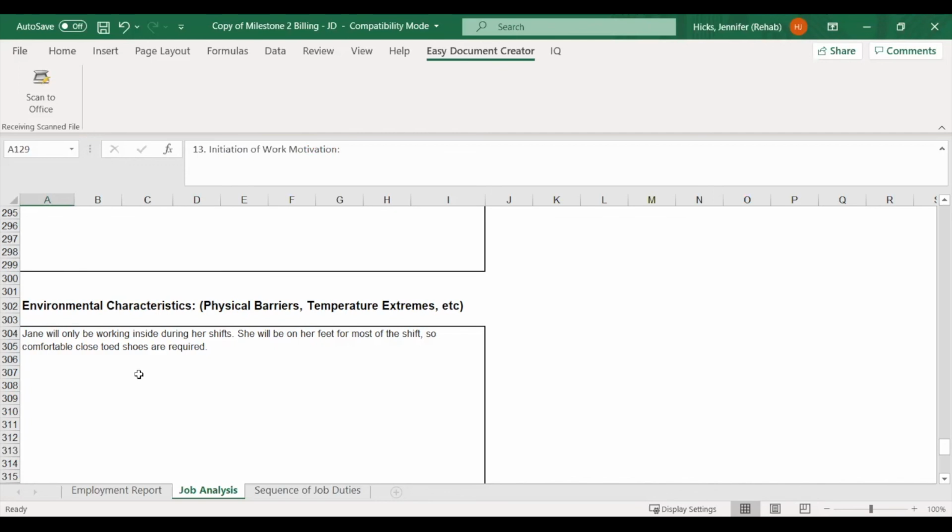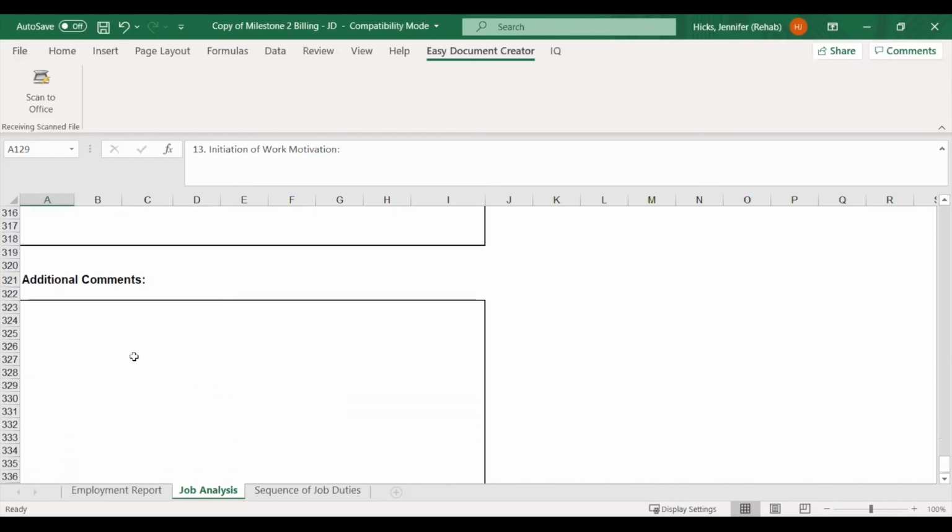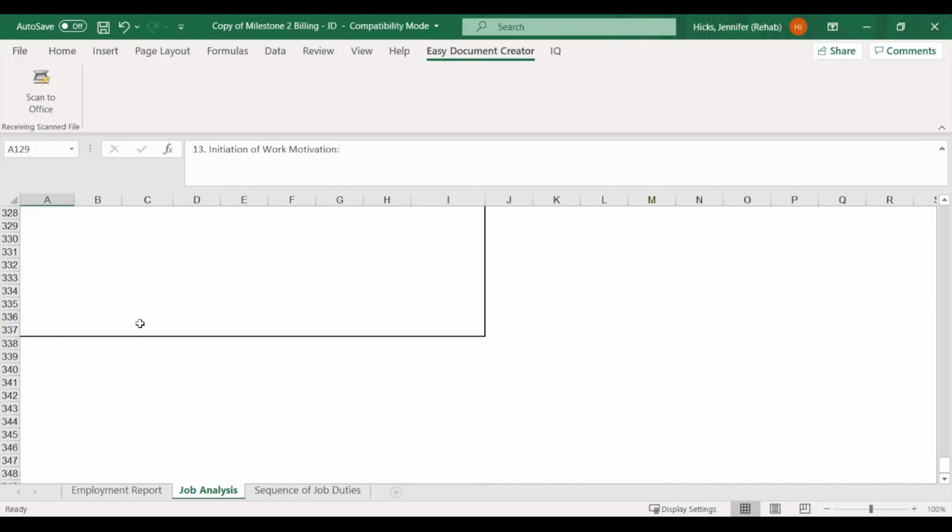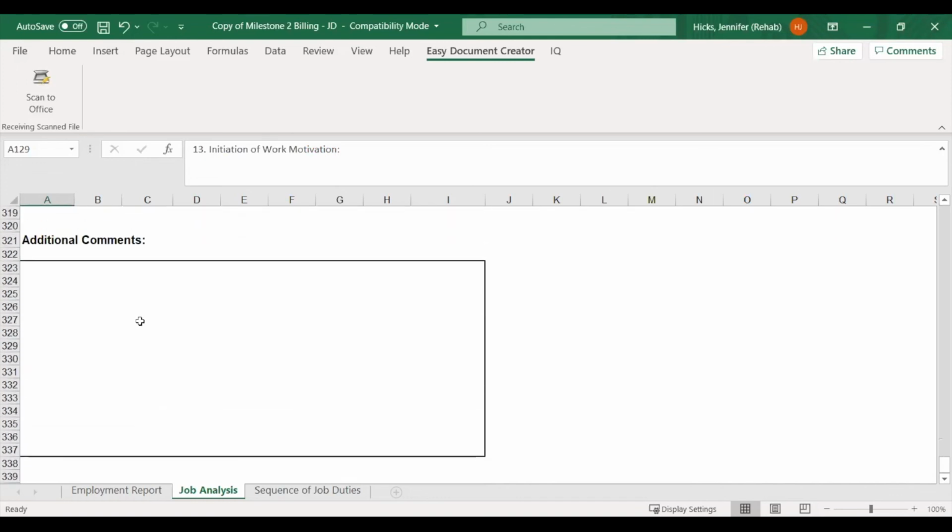So you just want to put what the environmental characteristics of the job are. And then finally, on this job analysis form, it's additional comments: anything that wasn't covered through the analysis that you think is important to mention, you can put there.